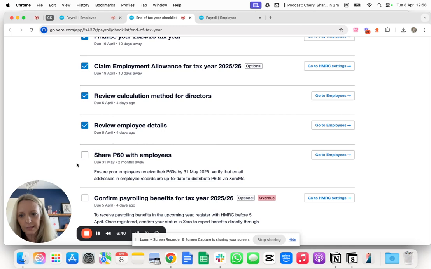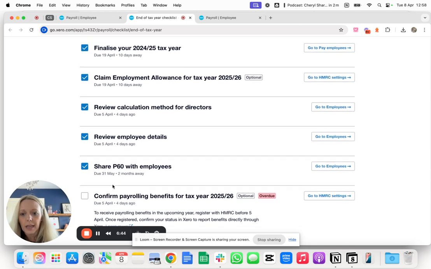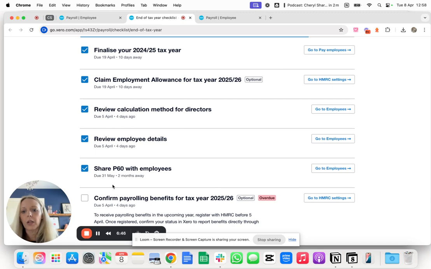So we've done that. The next thing is a little bit different. So confirming payroll benefits for 25-26. If you have already registered for payroll and benefits, then you can